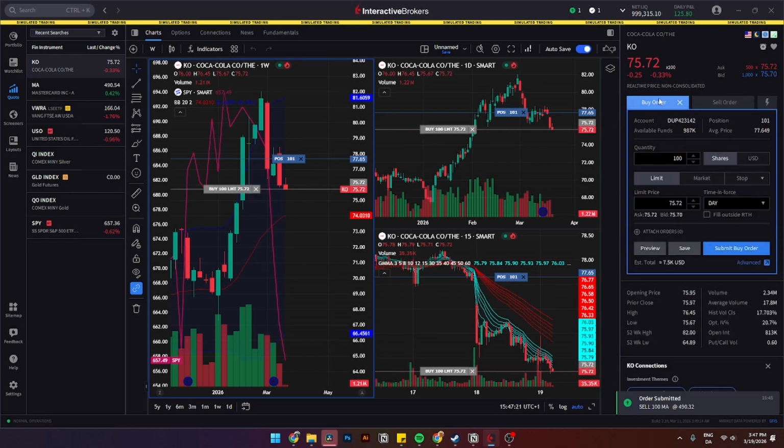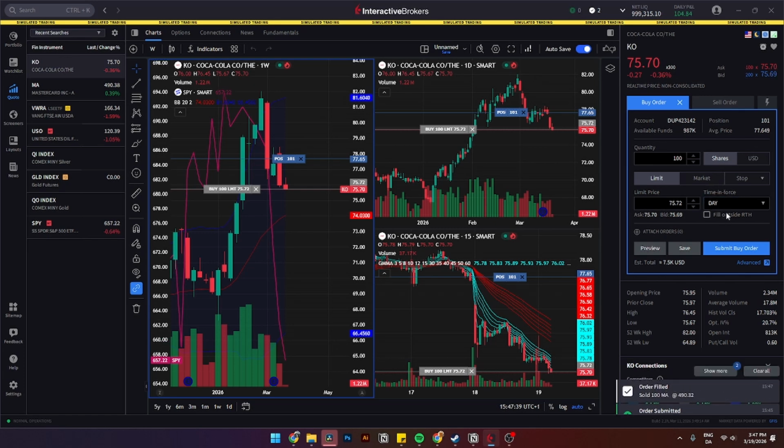Now from here, once you click Buy Order, you'll be able to add in the quantity of how many stocks you want to own, and you can choose between shares and USD down here. From here, you'll also be able to choose between limit or a market order. From here, you can also add a limit price, time in force, and to enter in a stop loss, you'll